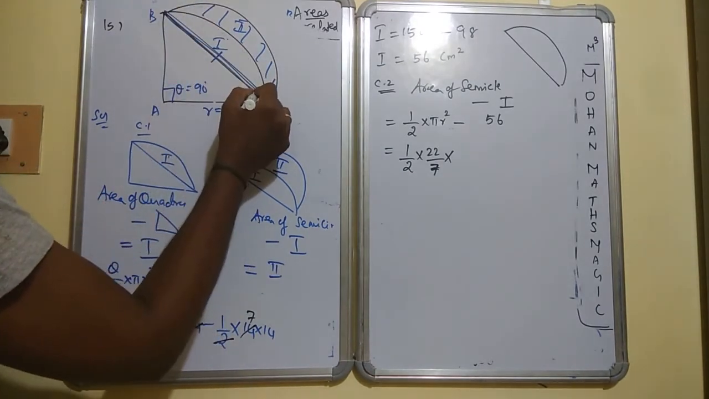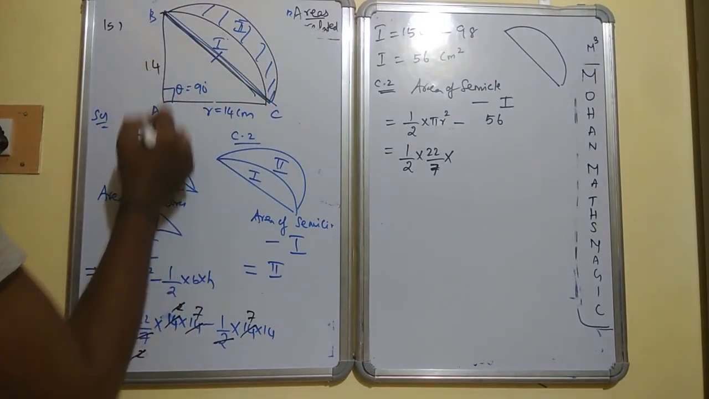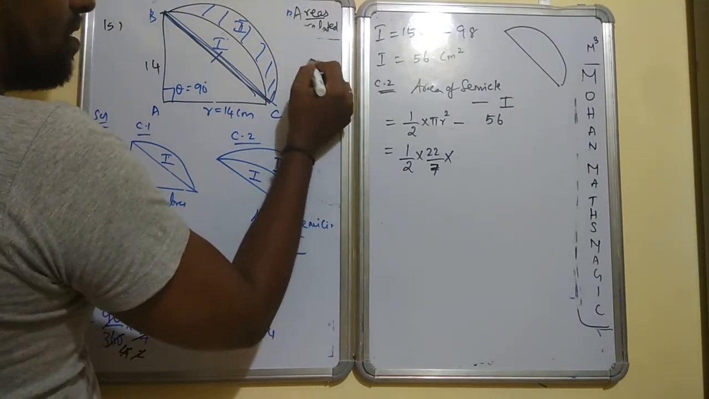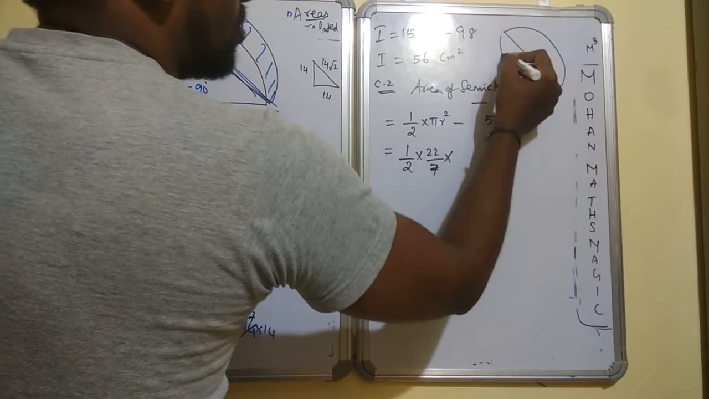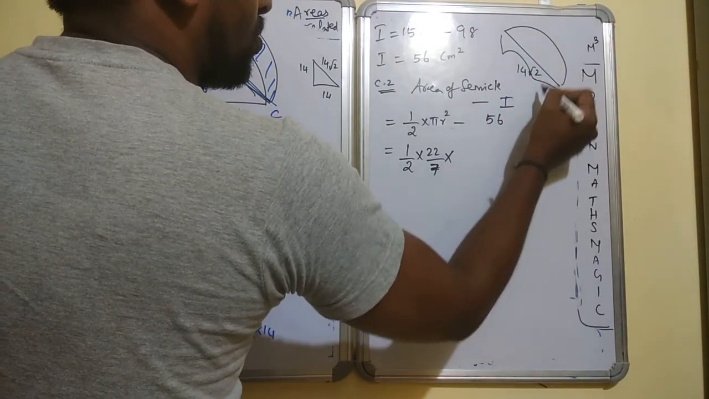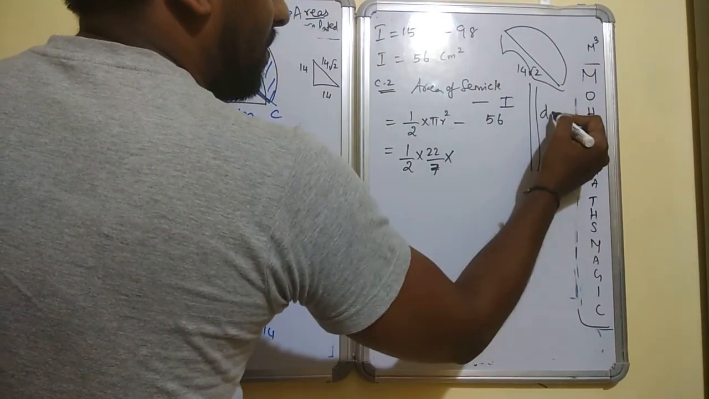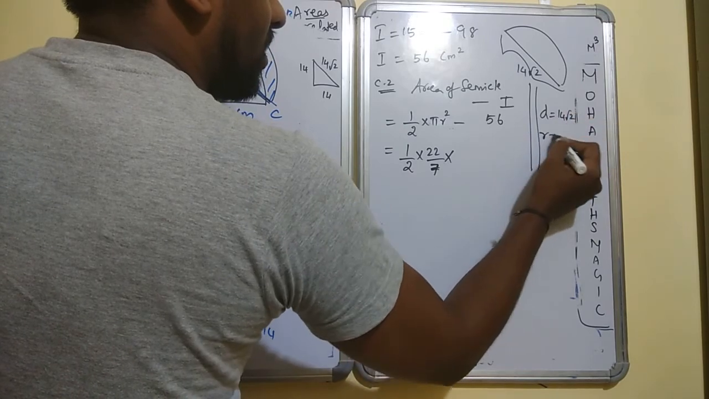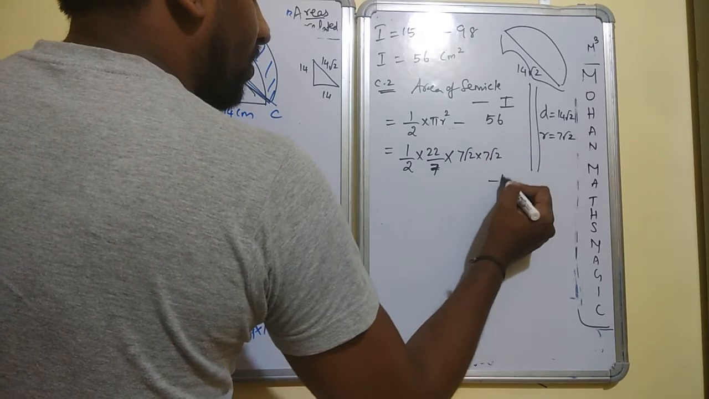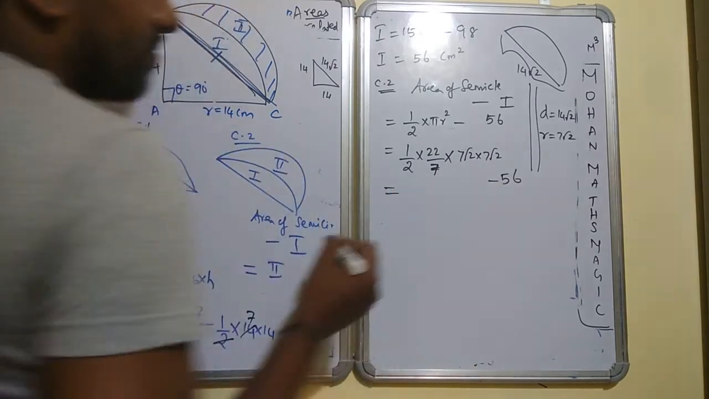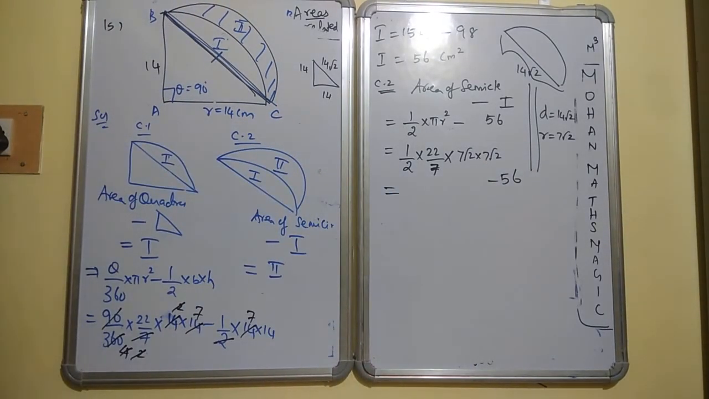Diameter's another name is hypotenuse. This is 14, this is 14, so definitely Pythagoras theorem. Using Pythagoras, it is 14 root 2. So the entire diameter is 14 root 2. That means if the diameter is 14 root 2, the radius value is 7 root 2. 7 root 2 into 7 root 2 minus 56. Finally I got